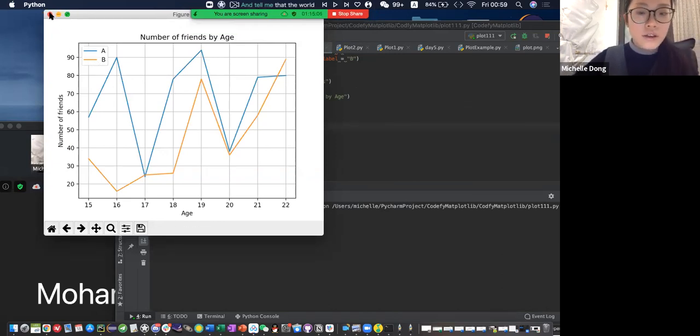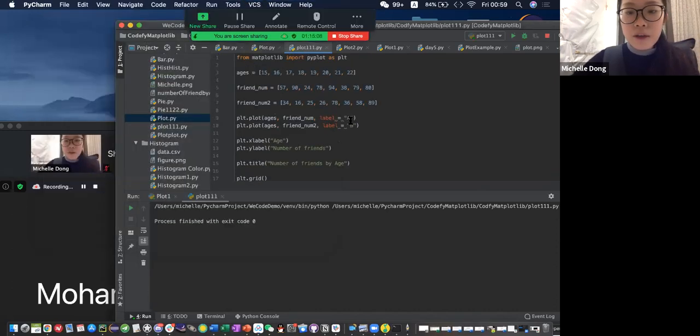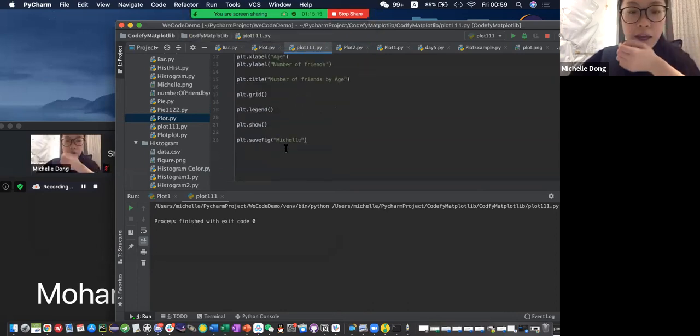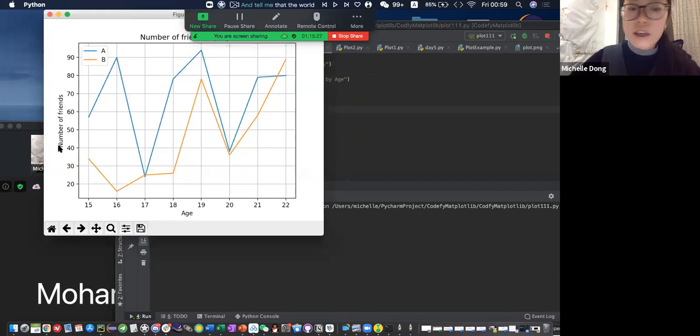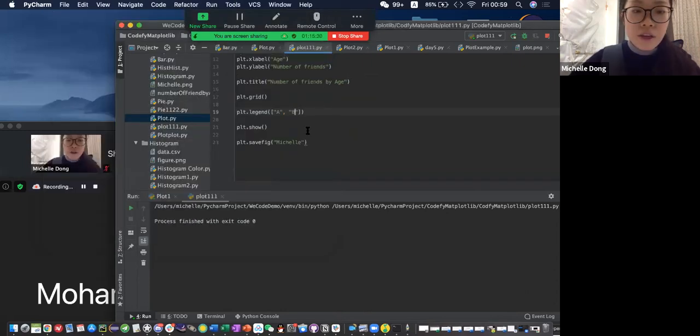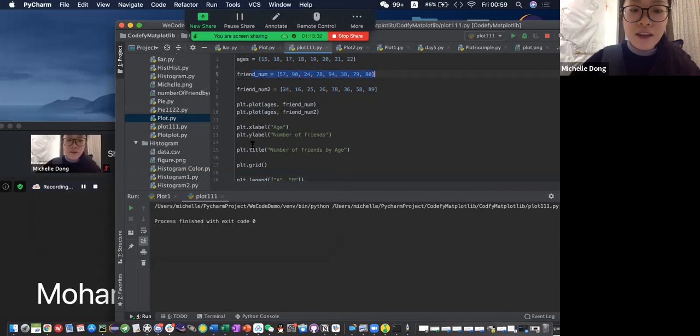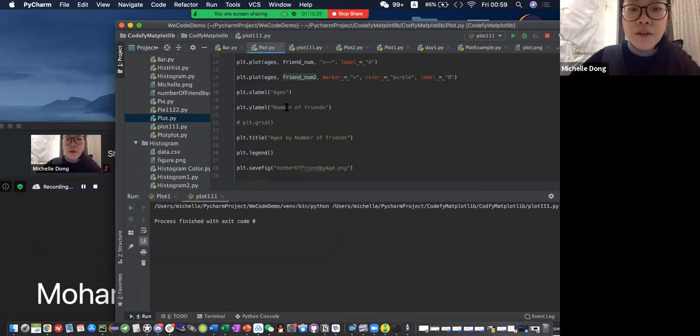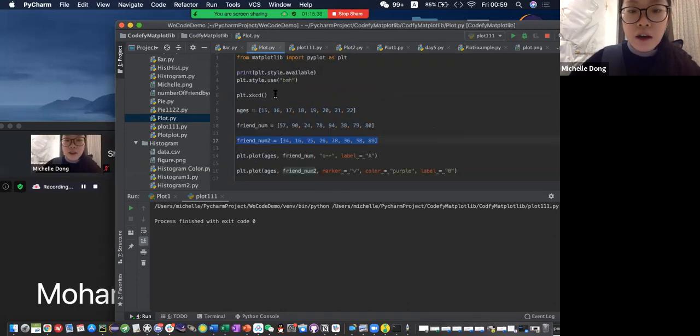And also what we can do is that we probably cannot do the label here, but we can remember the sequence, that the first belongs to A and the second belongs to B. So we can put A here and B here, but this is not the recommended way, because if you have a lot of values, you cannot remember the sequence of what you plotted first and second, so it will be really confusing. And we can also change the style, but before